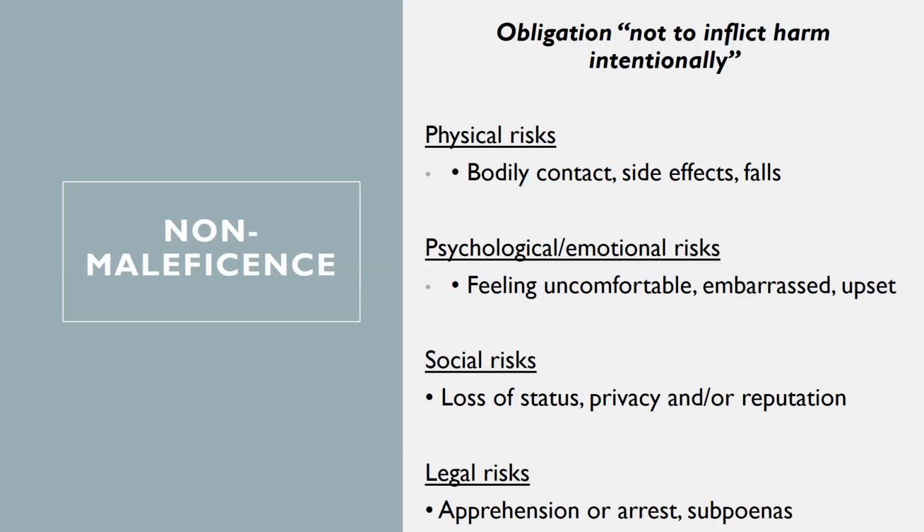But as researchers, we also have to think about psychological, emotional risks, social risks, so loss of status, privacy or reputation, and the last one is legal risks. Know that your research could be subpoenaed. What does that mean? If you have data that's stored under the Patriot Act, what does that mean for your participants? What are your legal obligations? I'm in social work. Do I have a duty to report if a research participant discloses something that I need to report, which a lot of the time is harm to self or others or child abuse or neglect? There are certain things, right? There are certain legal risks that come with the research that we do.